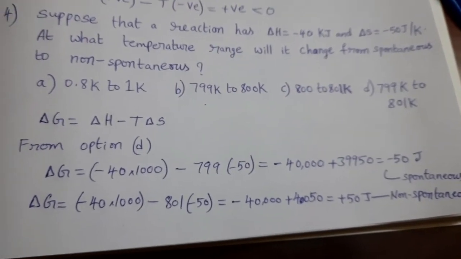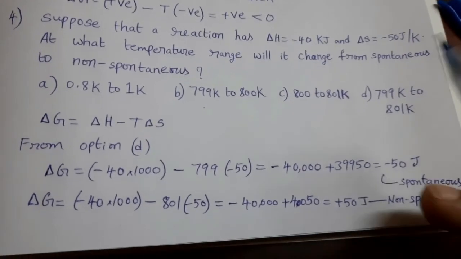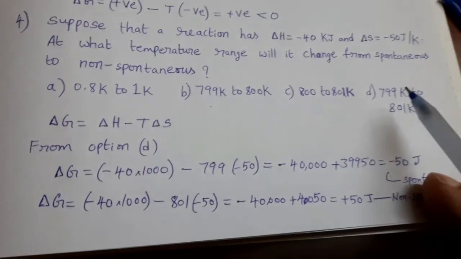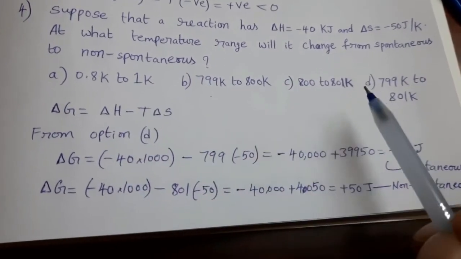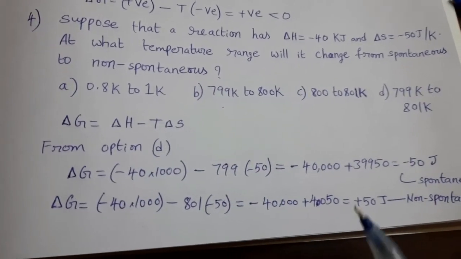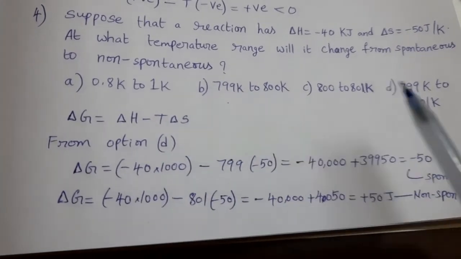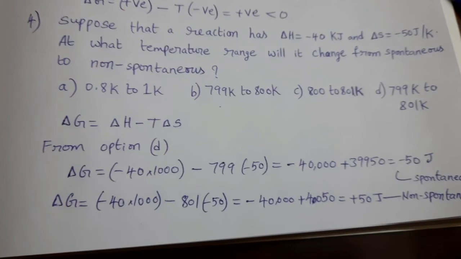You may get a doubt, how can we get the answer? That means exactly this is the answer for this question, but the remaining options we also have to check. There is no simpler technique than this one. So we have to check all the options. From that we can get our required answer.